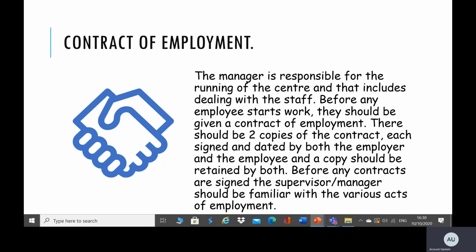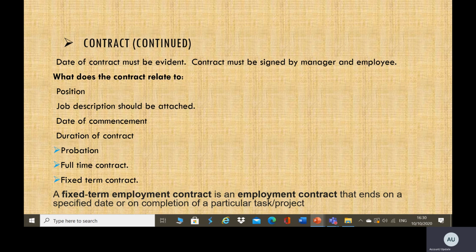Now, there must be a date on the contract, and it should cover areas like the position, what your role is. Your role as a childcare assistant, a room leader, an SNA. The job description, what is the job description? Your date of commencement, what day you are commencing work. Now, the contract may be signed a few days before commencing work, but